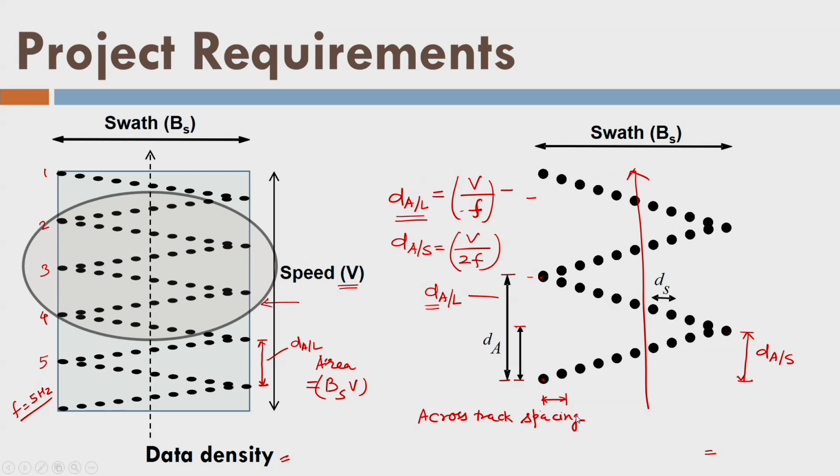Right? Fine. And I am writing it with the ds symbol. So ds is given by the swath divided by the number of points in one line,